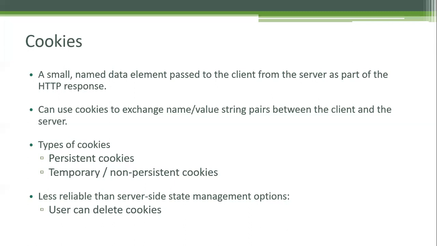There are two types of cookies, persistent cookies and non-persistent cookies. Let's see the difference. Non-persistent cookies are temporary cookies, or we can call them in-memory cookies. These will not have any expiry date and time. As long as we work with the browser or the session or the website, those will be available. The data will be available in the cookie or browser memory.